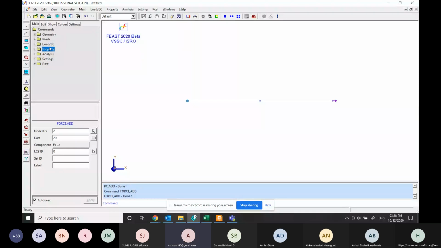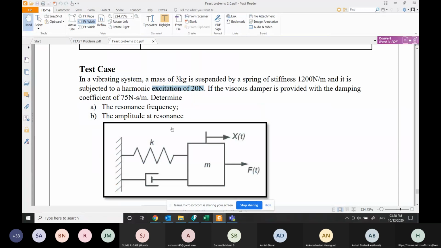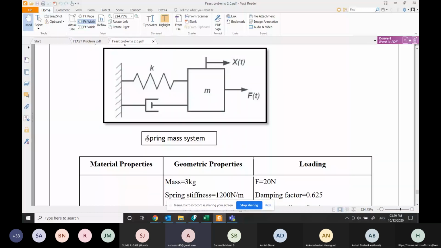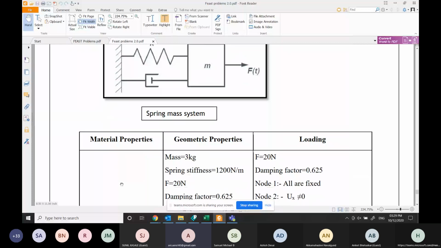Now our next step is to apply the properties. Since we have directly given the value of stiffness K, there is no need of defining any general properties or the geometric properties. That means the physical properties we can eliminate as we have directly defined the stiffness. Similarly, you can see here the material properties are blank.